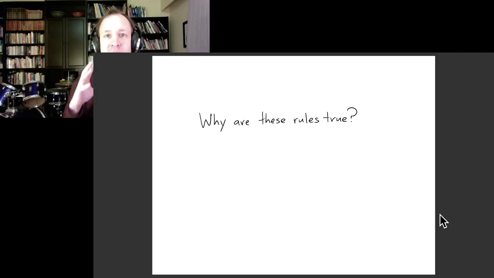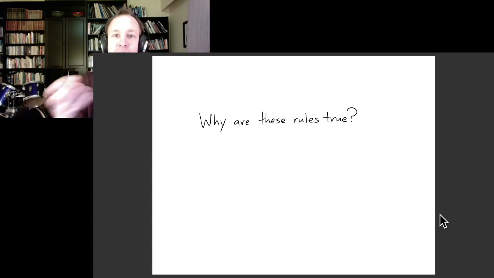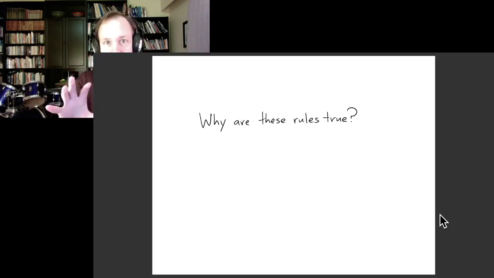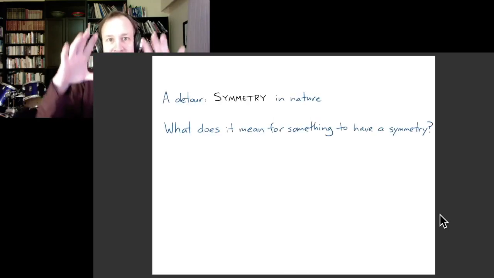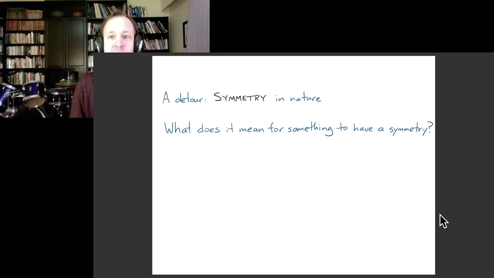And so I want to talk about symmetry in physics, but first I'll connect with the idea that we usually think of symmetry being associated with, and that is that certain shapes have symmetry. So I want to ask, what does it mean for something to have a symmetry, like a particular shape or an object? So I'm going to give an operational definition, which might not be familiar, but you'll quickly see that it lines up pretty well with what most people think symmetry means.